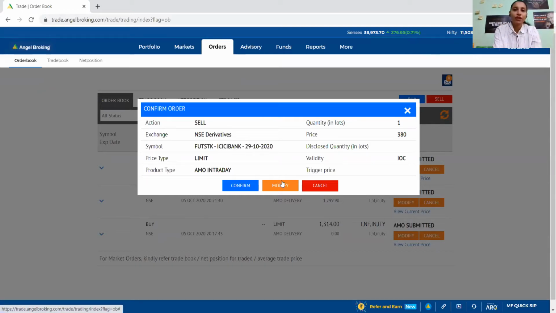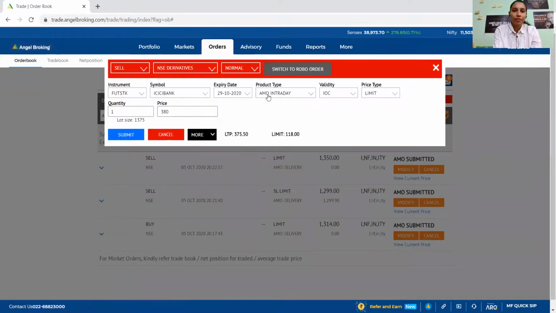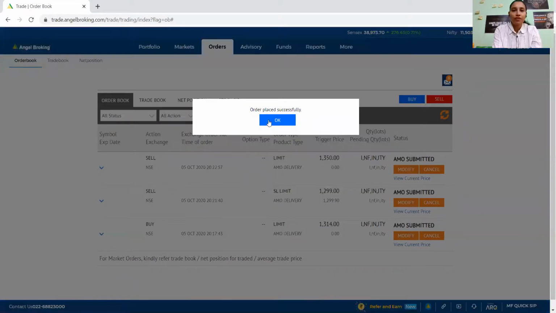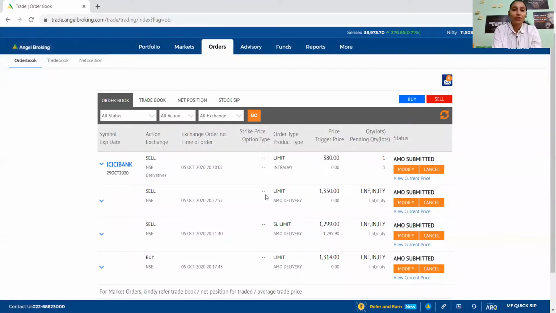So I have just entered over here the validity. Let me just modify this validity. Okay, so validity is like this only. Submit. So if I confirm over here, the order is placed over here also. Order is placed. So you see the order is placed over here. This is the future, by the way. I will have to cancel all this order, otherwise they will just get executed in the market. So this is a sell trade.